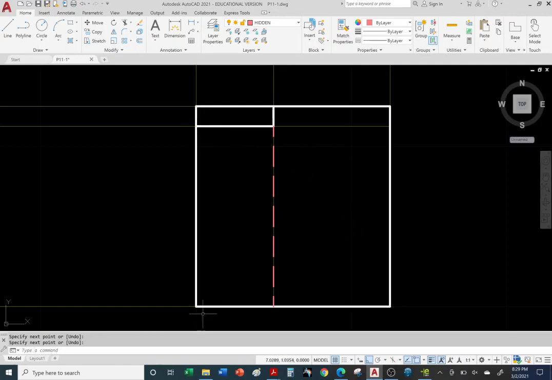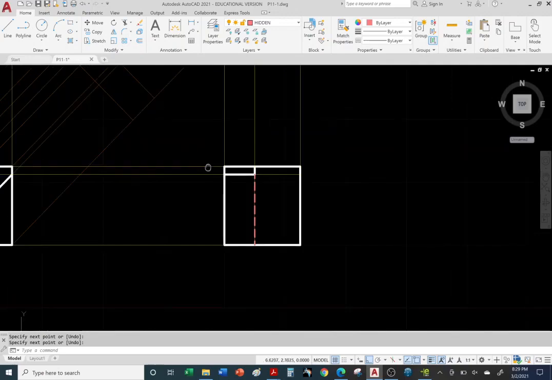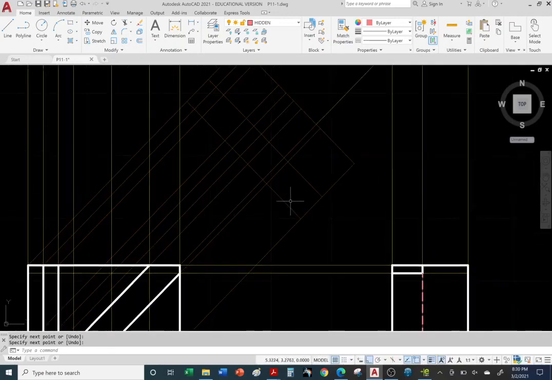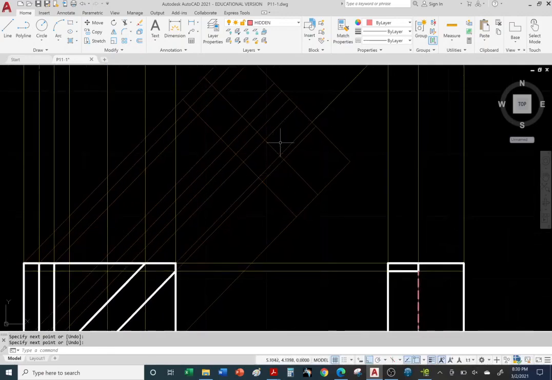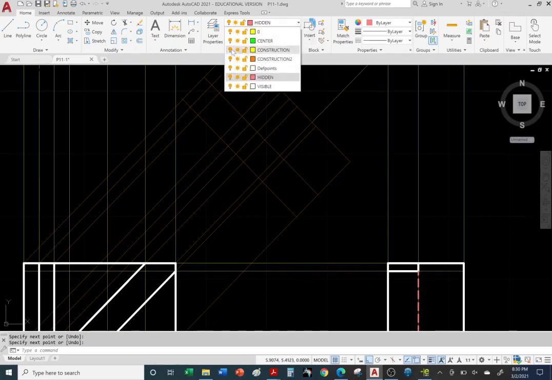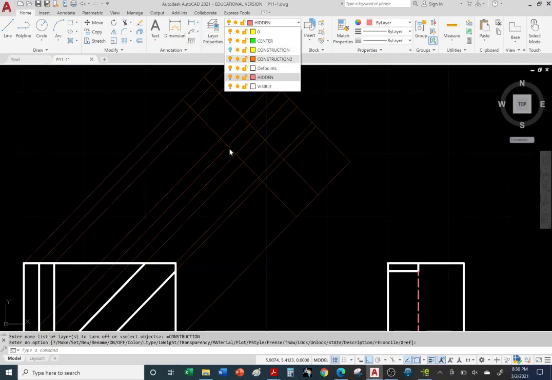There are more red hidden lines in the background, but they are overridden by the solid visible object lines, which are thicker in line weight. Okay, so we're done with that side view. Now we're gonna work on the auxiliary view. Okay, so let me turn off my construction layer, the first construction layer, and let's focus on this